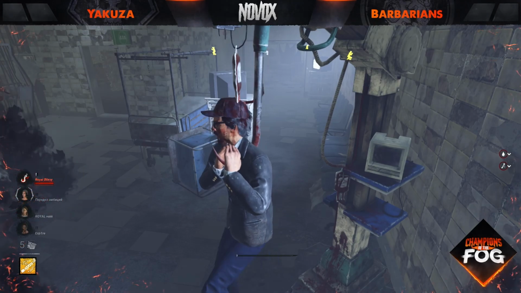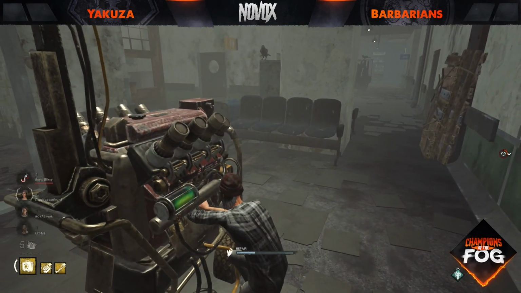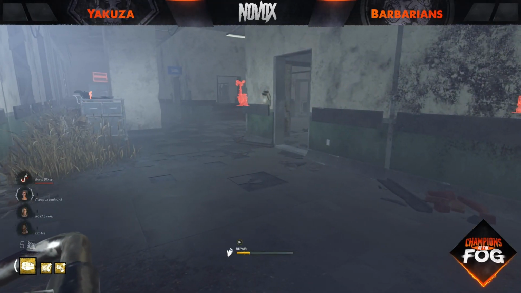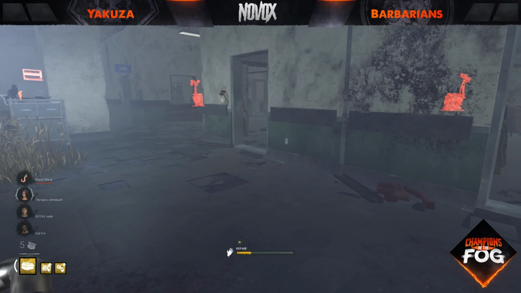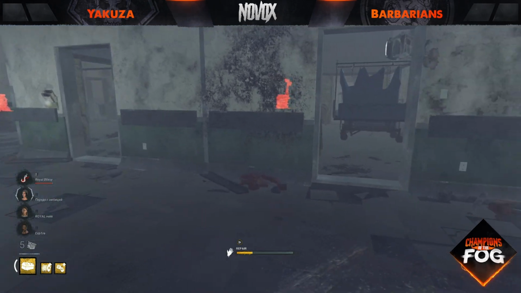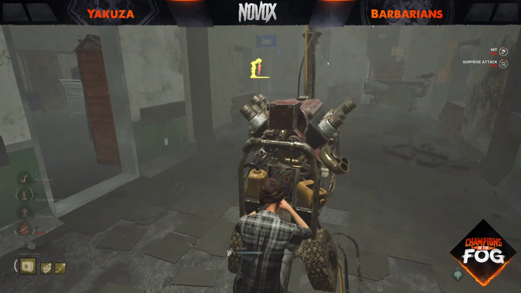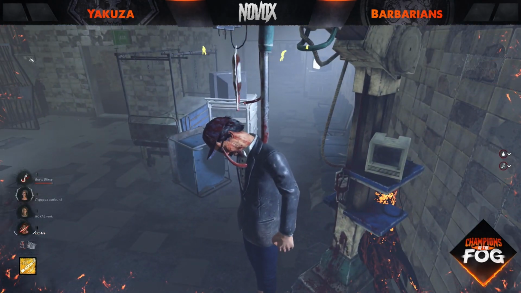a lot of blood. And first hook is secured by the killer, and that will have been a Pain Resonance, to no one's surprise. Arguably just one of the best perks of the game. I'm curious to see with the update coming up soon, if we're going to see...